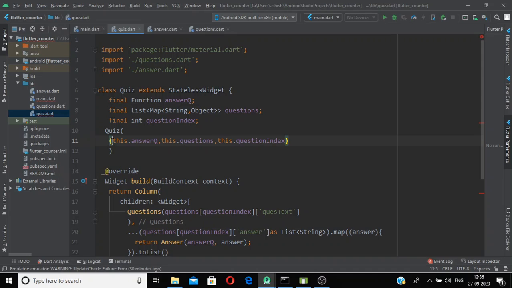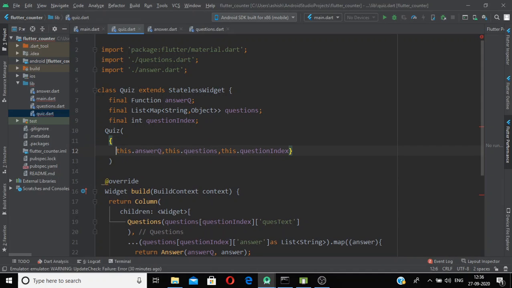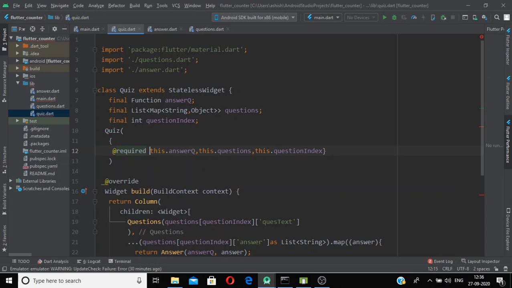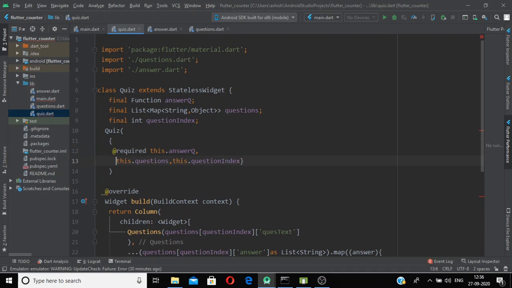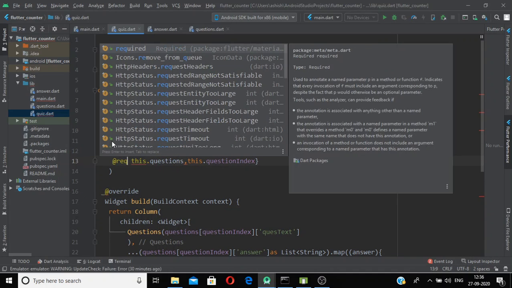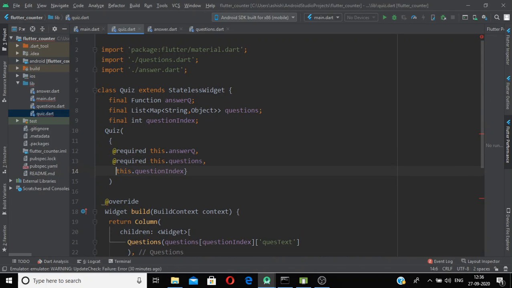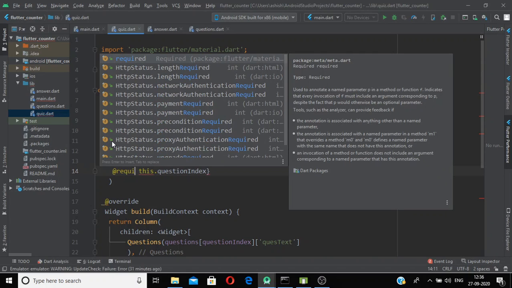And we use the decorator keyword @required. Same thing goes here. If you followed my previous videos, I have told you about the decorators required and build.